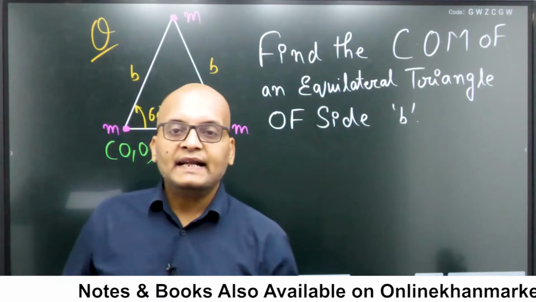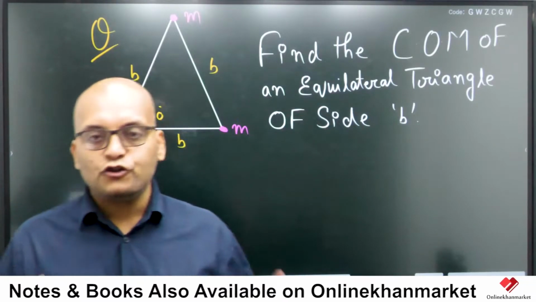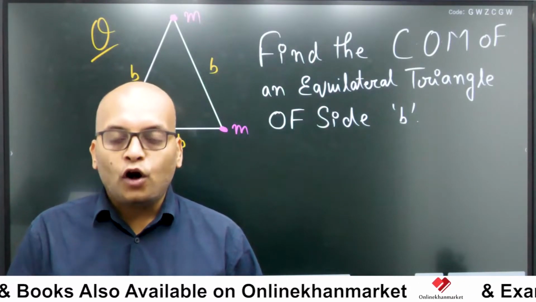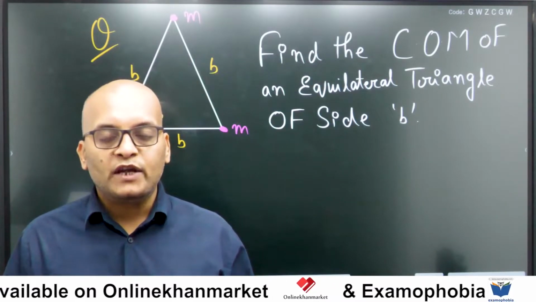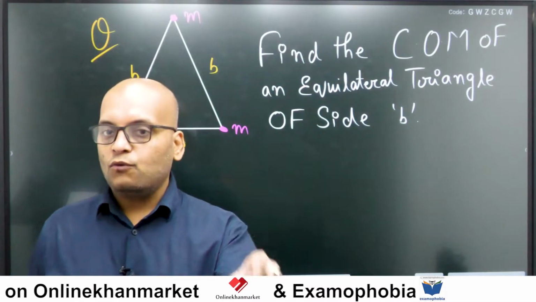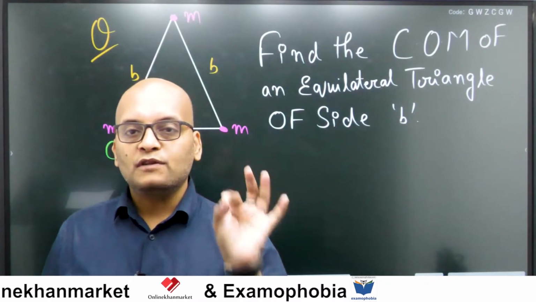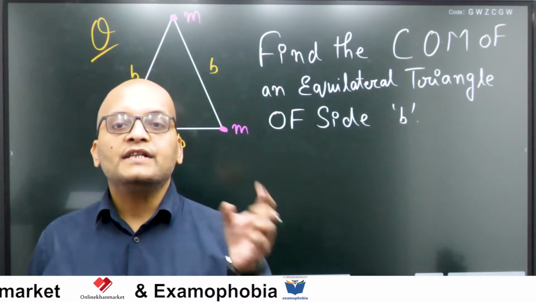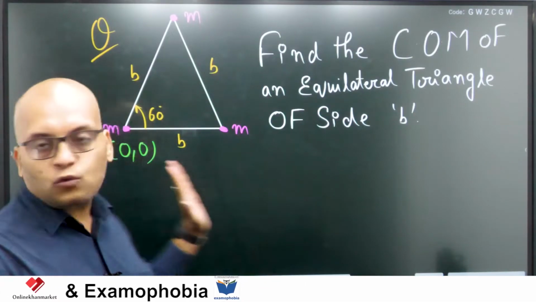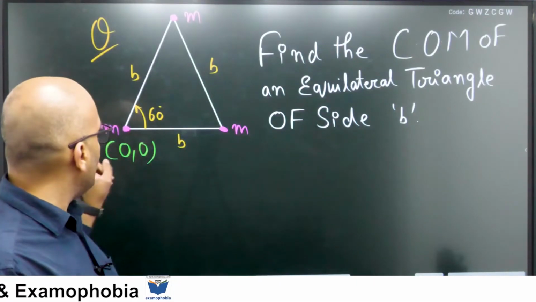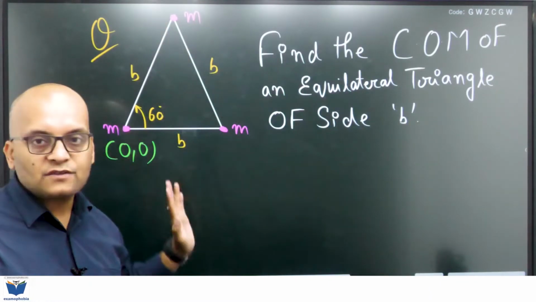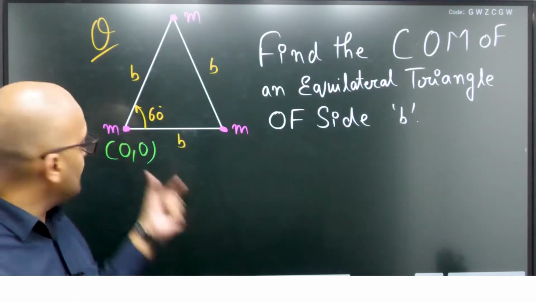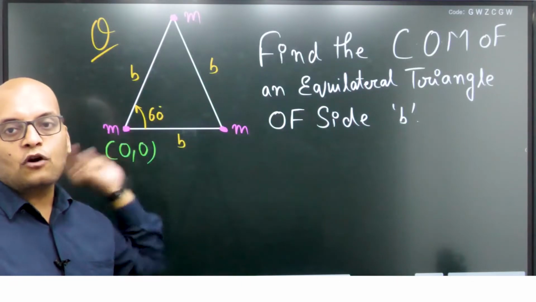First step is to take any one mass given to you in a body to be the origin or reference point. Our reference point is always the origin, okay? And whatever mass of the body you choose to be located at the origin, its coordinates will be 0, 0. Now, in reference to this mass, write the coordinates of other masses as well. This is our step 2. In reference to this mass, write the coordinates of other masses.